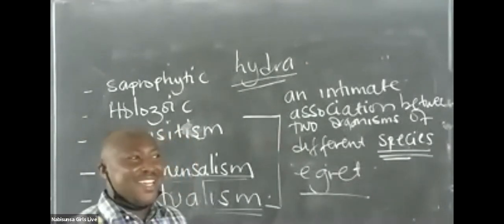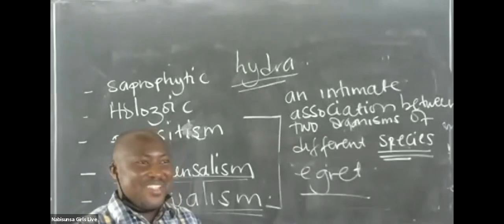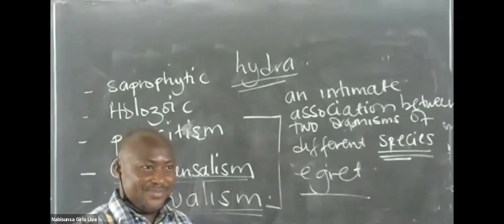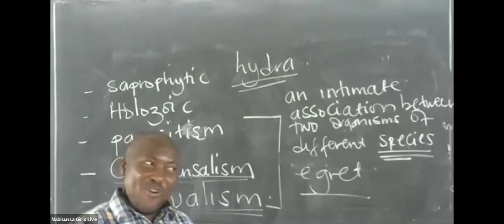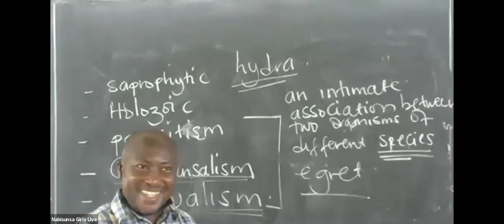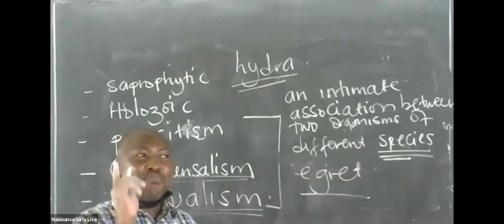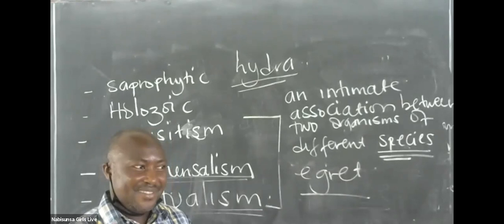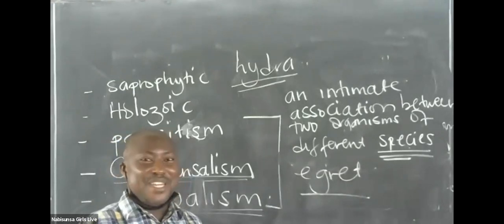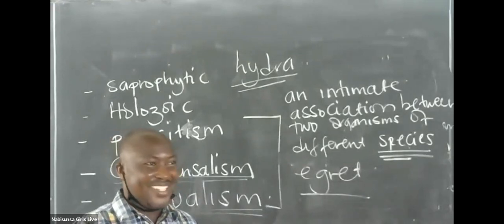Do you know that in our digestive system we have certain bacteria there, which are housed there permanently? And they are found in the large intestine. They are not found in the small intestine. They are found in the large what? Intestine. And this bacteria, they say, manufactures vitamin K. Yeah? It manufactures vitamin what? K. Are you getting it?